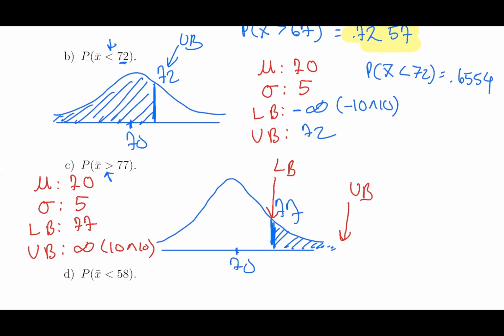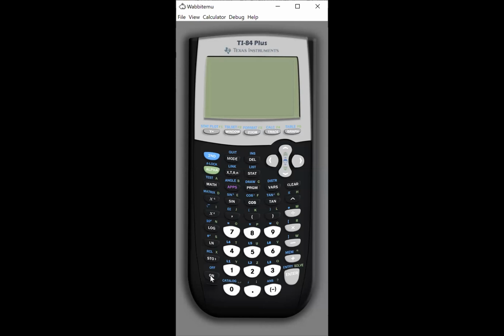Okay, so this time around, I'm going to do this with the TI-83, well, technically TI-84, for people who have the TI-83 or 84. You go second, go to bars, and click right here where it says normal distribution. My lower bound I want to be 77, so you change that from 67 to 77. My upper bound is actually 10 to the 10 power, so leave it as is. My mu and my sigma should stay the same, so let me hit paste, press enter,